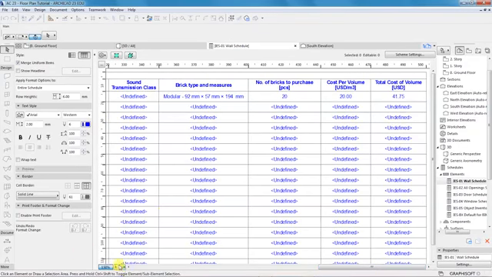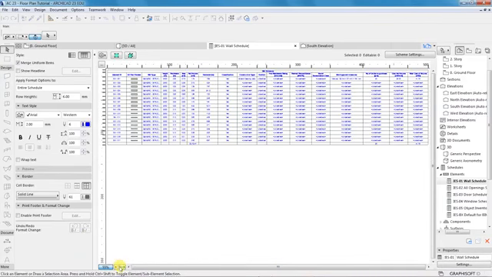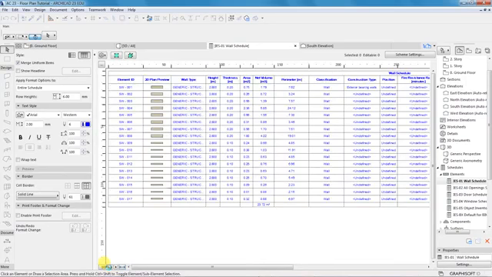So I want to fit this to width by clicking on these two double arrows. Now I have 100% zoom,